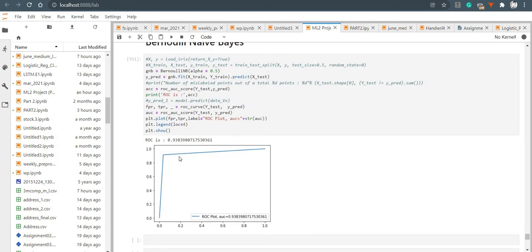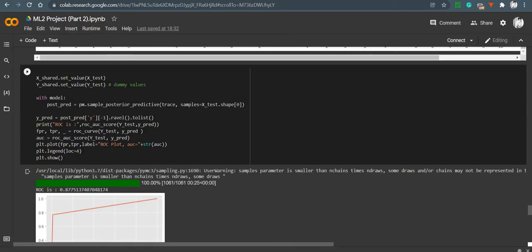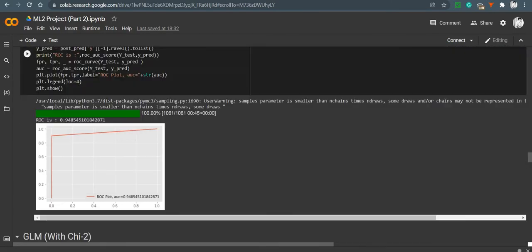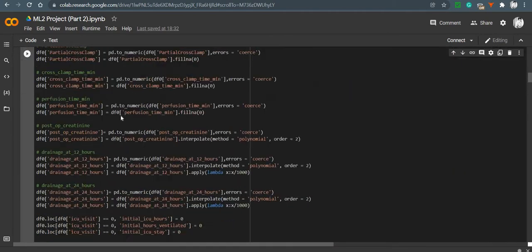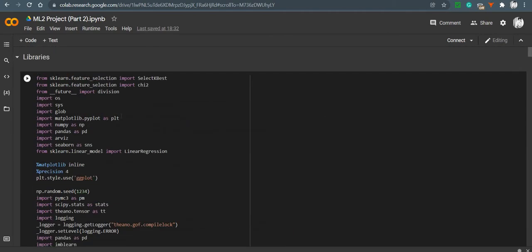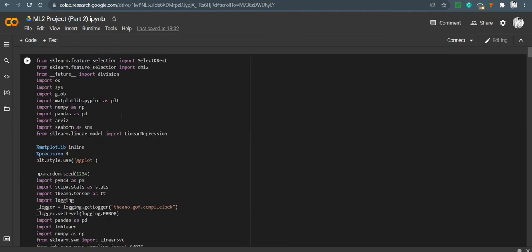The next part of my ML2 project is to analyze and train the same data using MCMC methods. I was actually hesitant to use my Jupyter environment for PyMC3 because it prompted me to update my pandas and other related libraries, which I was